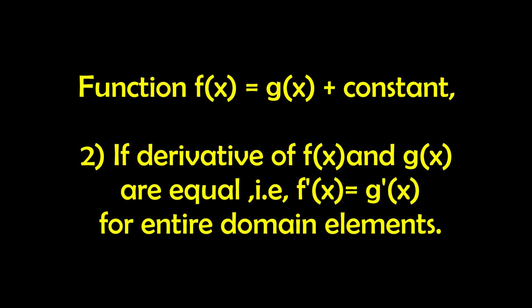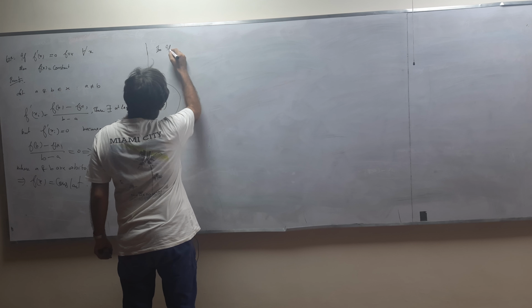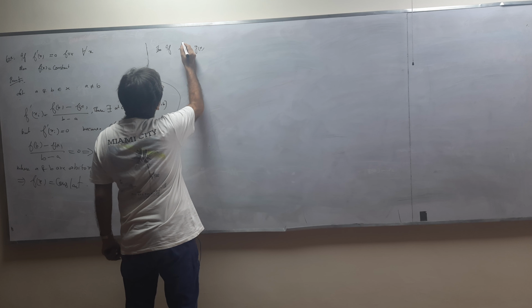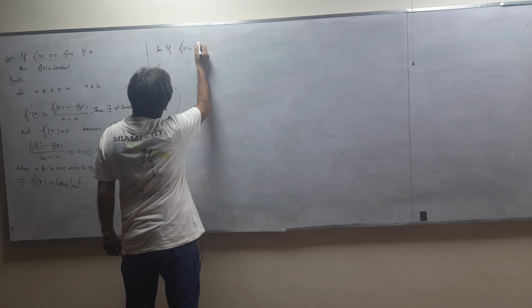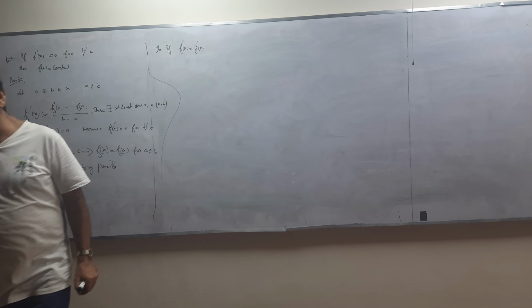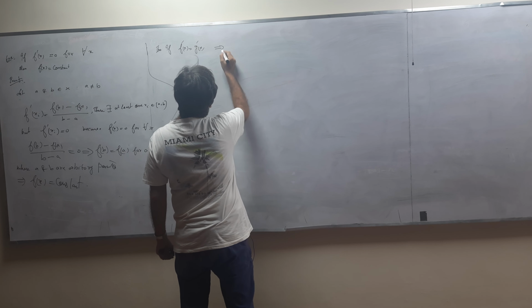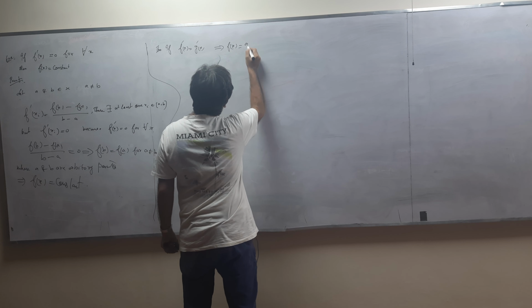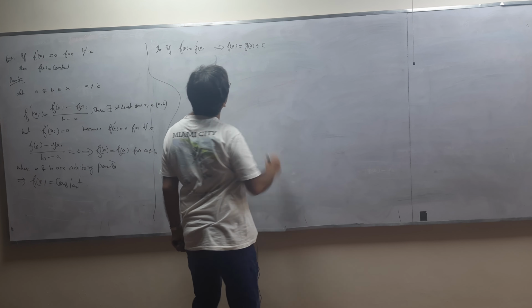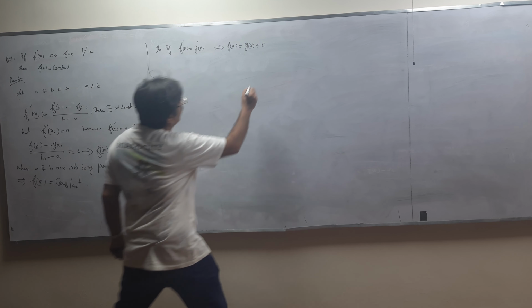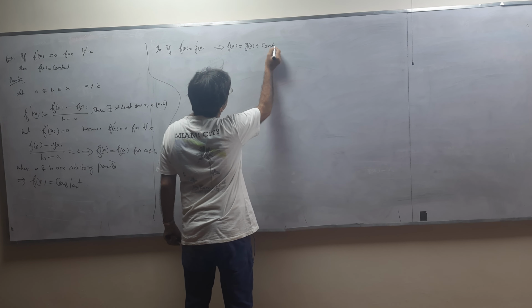And now, if f'(x) is equal to g'(x), if the derivative of f(x) is g(x), then f(x) will be equal to g(x) plus c. C means constant. If you are confused with this c, then